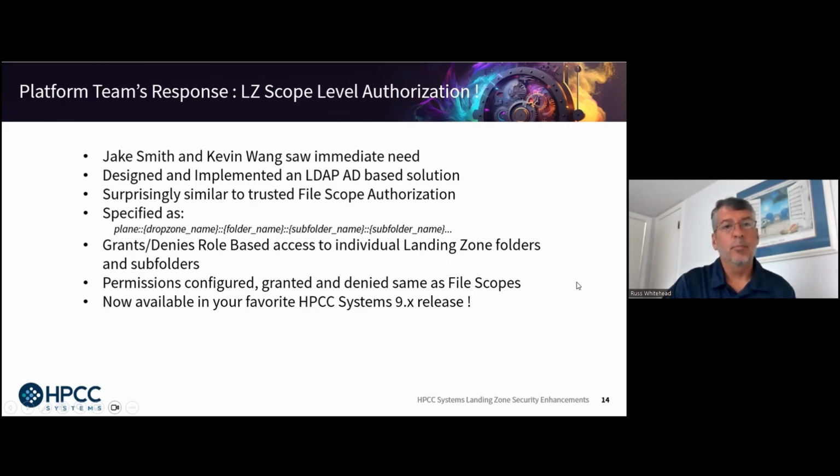So the platform team's response was to implement landing zone scope level authorization, or landing zone scopes. Jake Smith and Kevin Wang saw the immediate need and jumped on the opportunity by designing and implementing an LDAP Active Directory-based solution. It capitalized on the existing file scope authorization mechanism in ECL Watch because it's pretty much the